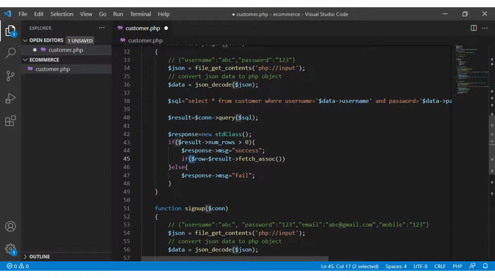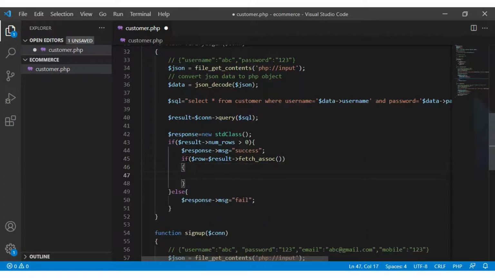You can also write a while loop instead of if, and you can use the while loop when you have a large number of records. Currently, as per our coding, username and password match only one record, one customer. So we are not going to have many records here, so I will use the if condition.